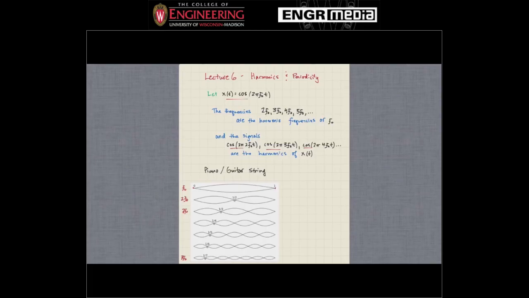Right. So harmonics are a pretty straightforward idea, and more generally, we just see the spectrum of a signal. If it has some fundamental component at a frequency f naught, and if we see that there's energy at 2 times f naught, 3 times f naught, 4 times f naught, we say those are the harmonics of the signal. So to see a few examples of that, let's take a look at